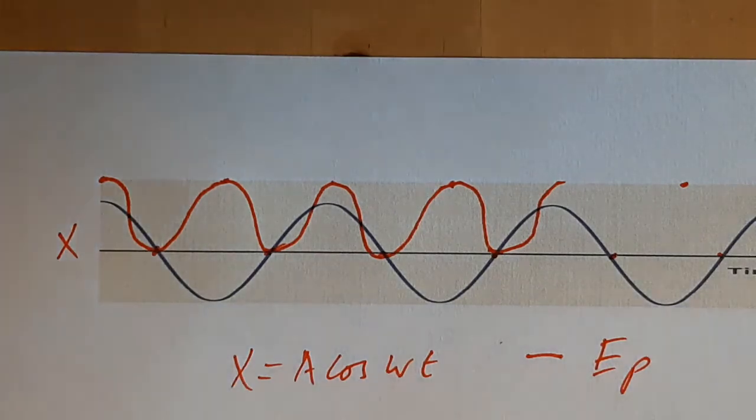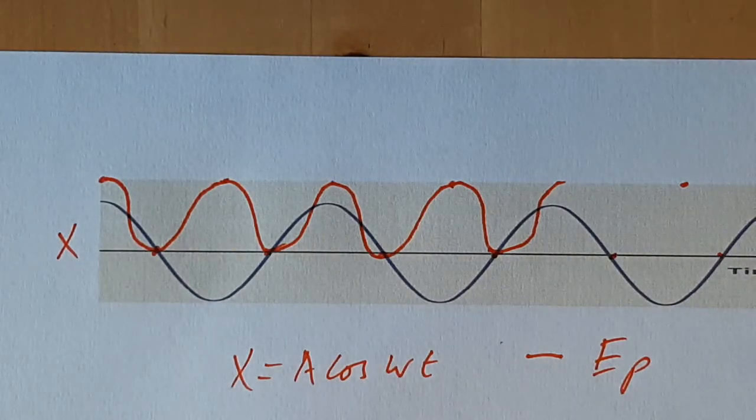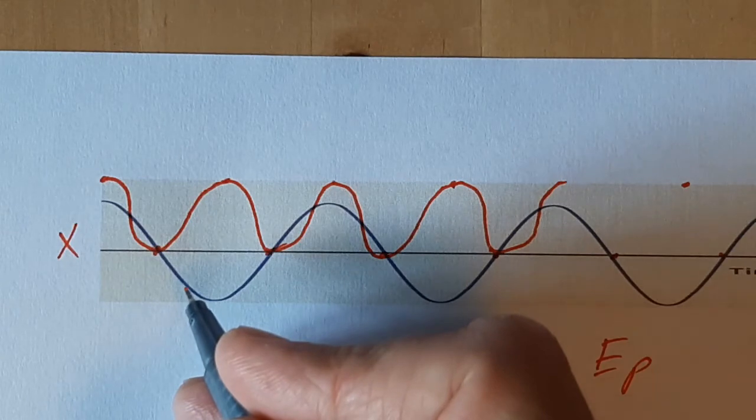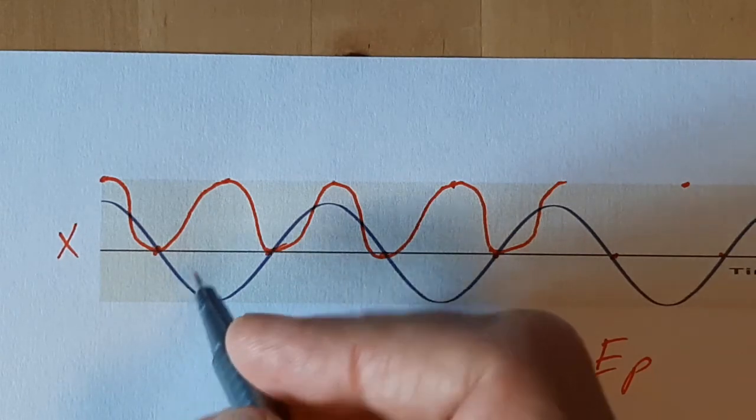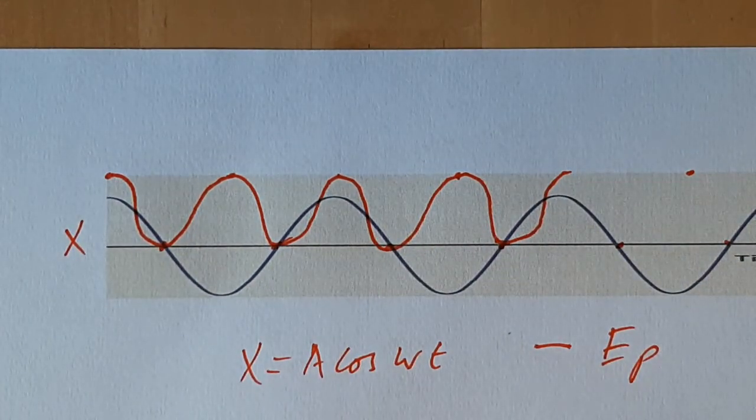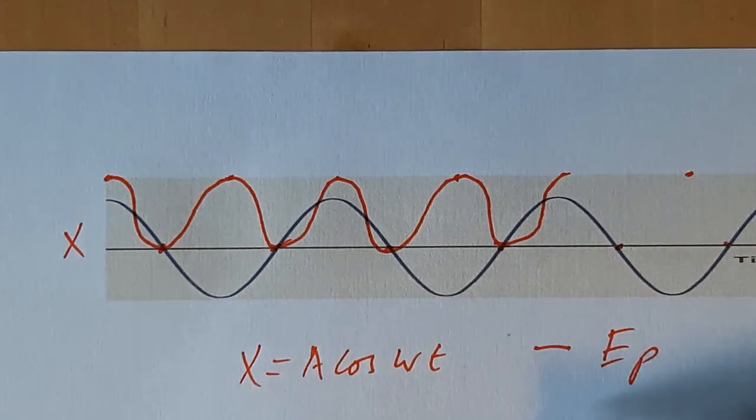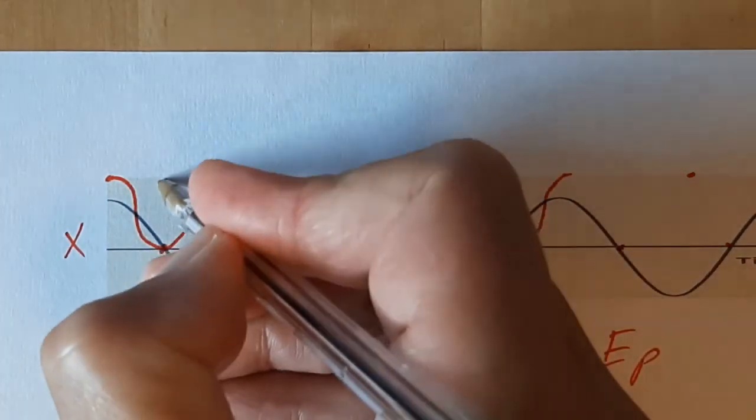And then because we know that the potential energy plus the kinetic energy is always a constant, we can put in our graph for kinetic energy, and essentially it's just peaking